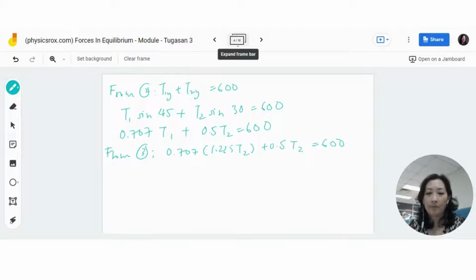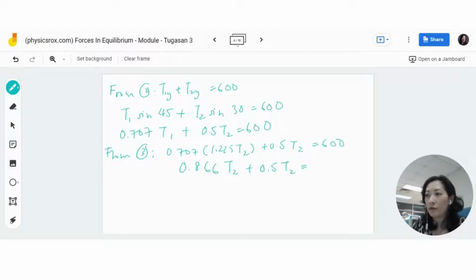So solving that using my off-screen calculator, we get 0.866 T2 plus 0.5 T2, which gives us a total of 600. So adding that together, we have 1.366 T2 equals 600. So 600 divided by 1.366 gives us a value of T2 of